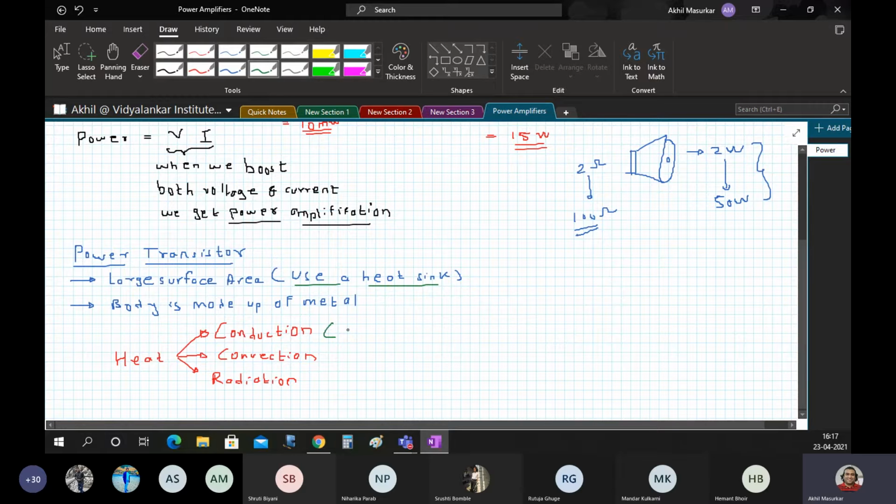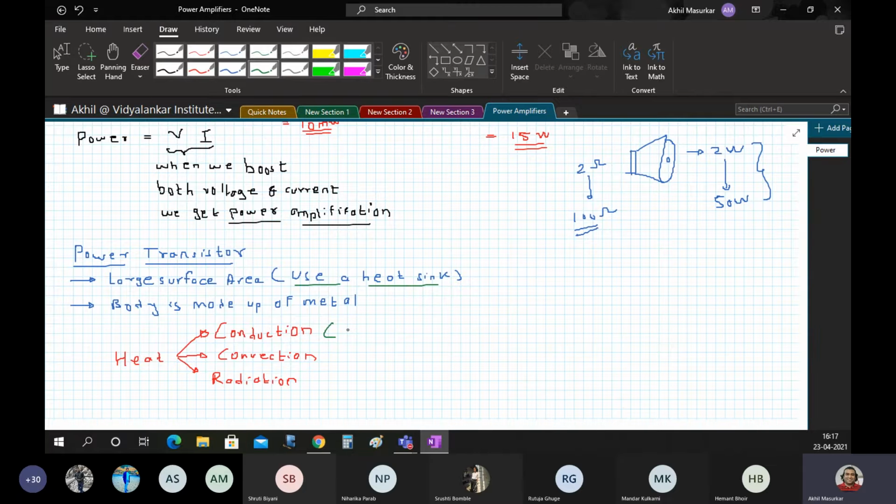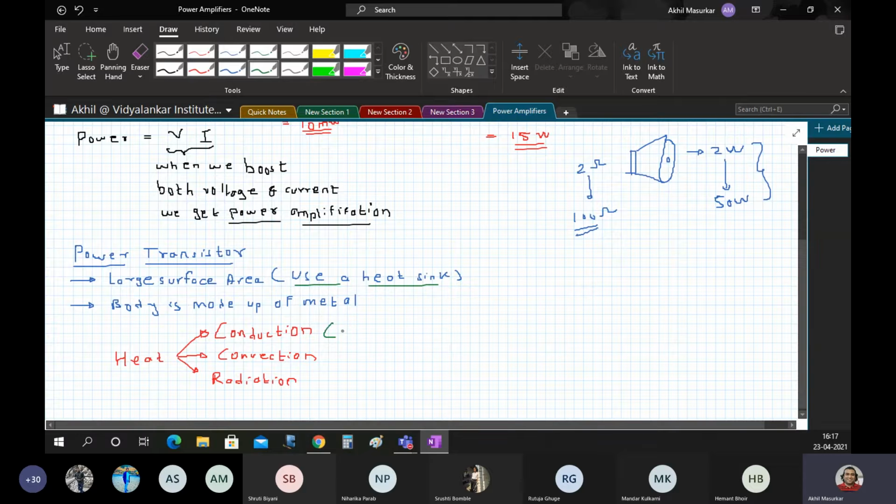So I'll write here, I'll connect something metallic to the transistor where the heat is getting created, and I will take it from there to some other place. So that is called as use of heat sinks. Okay, now you take out the heat from there. Let us say that you are at point A and now you put some metal and you took the heat from point A to B. So comparatively this will be cooler as compared to point B.